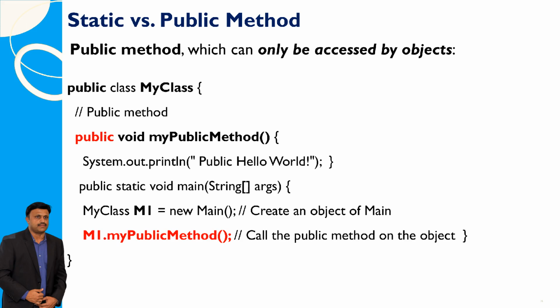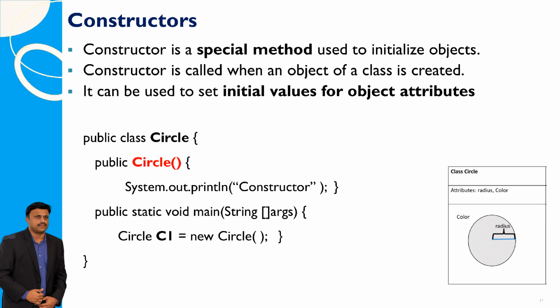In the MyClass class, the public method MyPublicMethod can only be accessed through objects of the class. In the main method, an object of MyClass is created, and the public method is called on this object to print public hello world. A constructor is a special method used to initialize objects and is called when an object